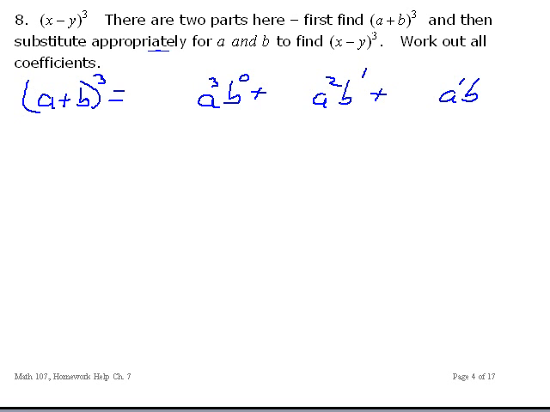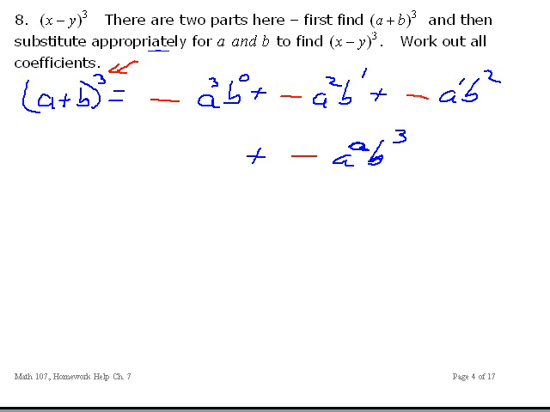a to the first, b squared, and the last term, a is down to 0, and b is cubed. Okay, you see a counting down, 3, 2, 1, and 0, and b counting up, 0, 1, 2, 3. Alright, and the coefficients, you put the fractions, and the fractions in the numerator is the power